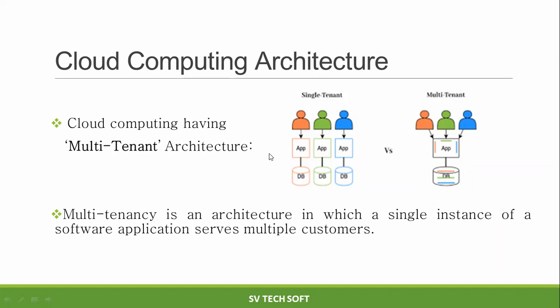Single tenant means earlier the vendor would give everything on premises within the company location, so everyone would maintain their own database for the particular software or hardware. But if the companies take service from the vendor through the cloud, all the database and everything is stored at the vendor location only. Each company accesses the same software, and each one feels that it's their own software and their own hardware.